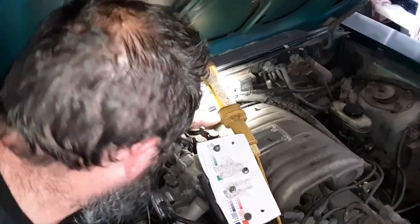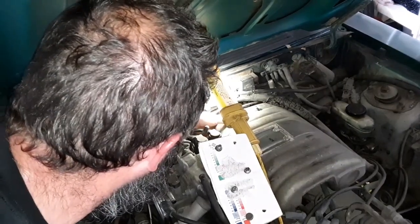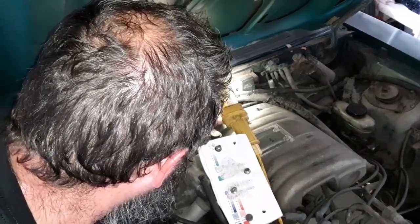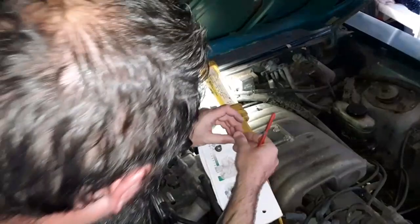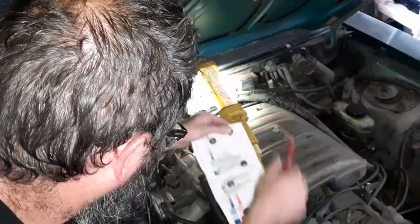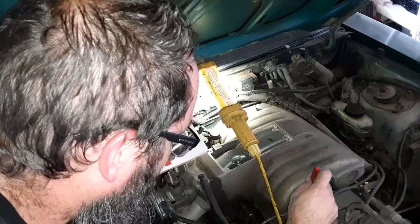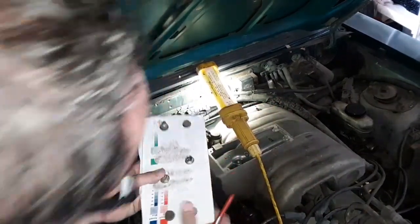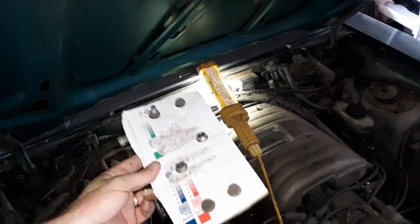Alright, just about to, there it is. Hopefully lift this one out of here and not drop it. Okay, stick it in my little thing so I can keep track of them. And this one here, there we are. So I made, it's just a piece of cardboard so I get the right bolts in the